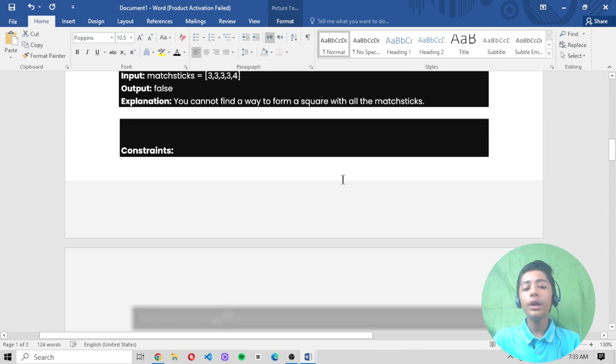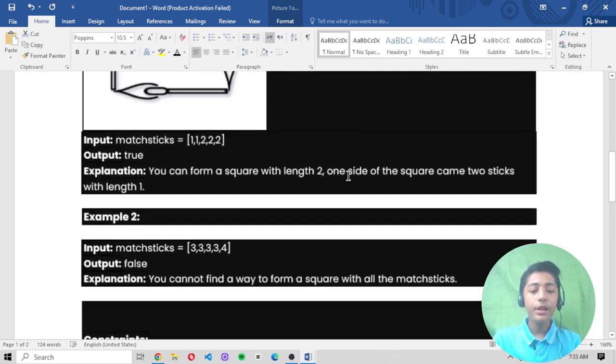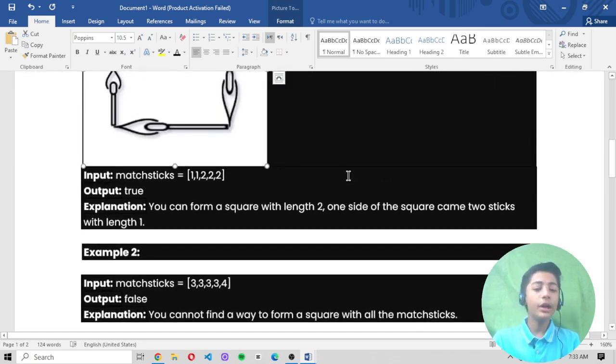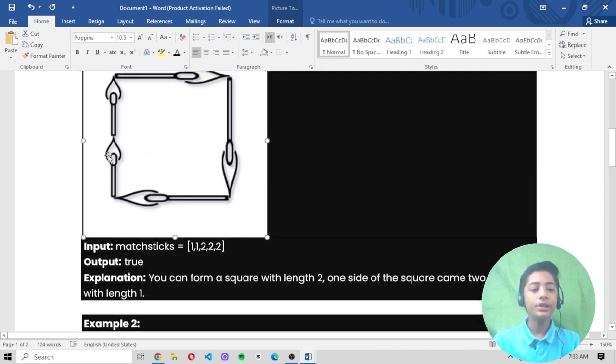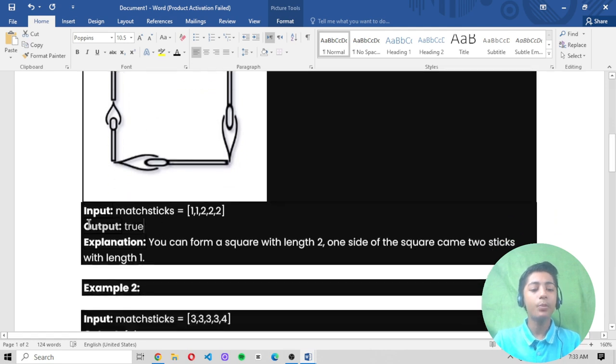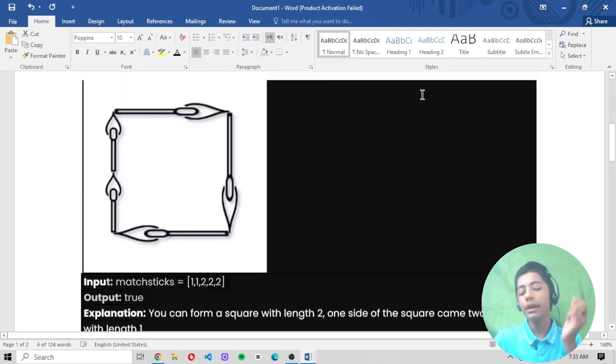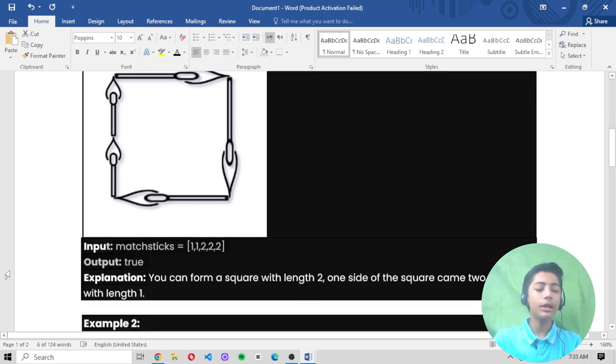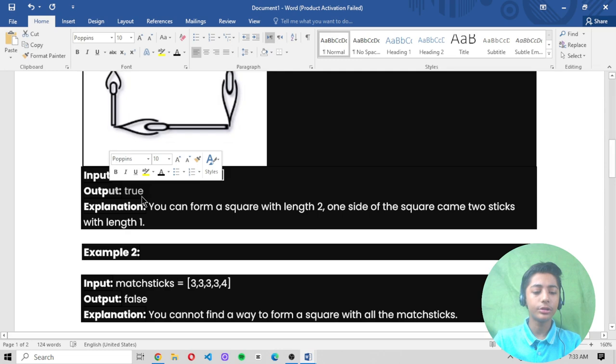Why? Because you can form a square with a side length of 2, and one side of the square comes from 2 sticks with length 1. If you see in the diagram, he created a square successfully, that's why the output is true. If you do not create a square successfully, the output will be false.